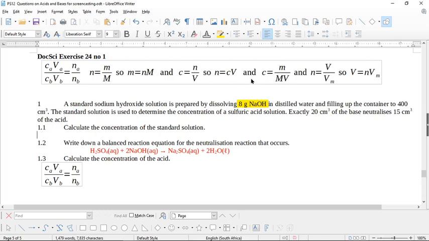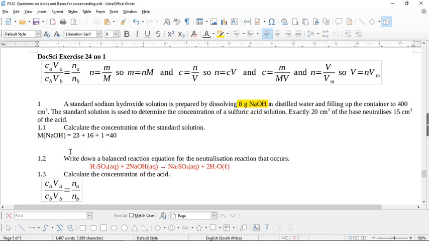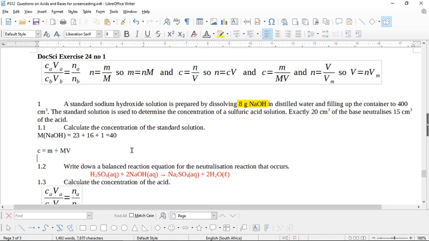So the first thing we have to do is find the big M for the sodium hydroxide, the relative molecular mass. It's 23 for the sodium, 16 for the oxygen, 1 for the hydrogen, which is going to give you 40. Then you must write the formula every time. So C equals m over big M V. My C is going to be equal to my mass that they gave you, 8, over big M, which is 40,